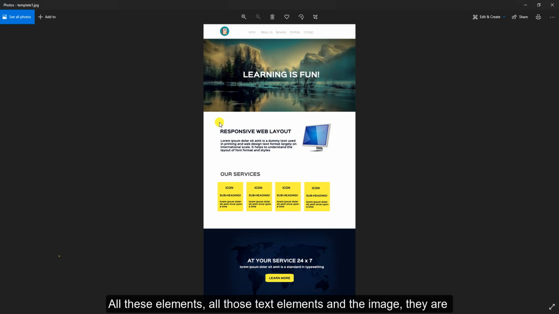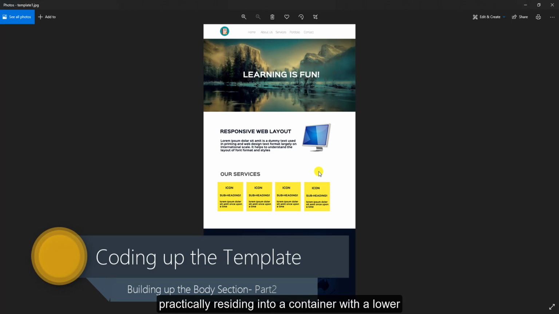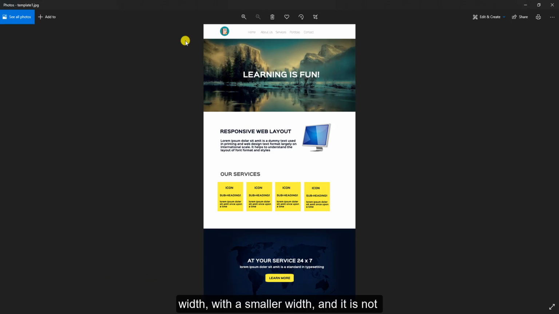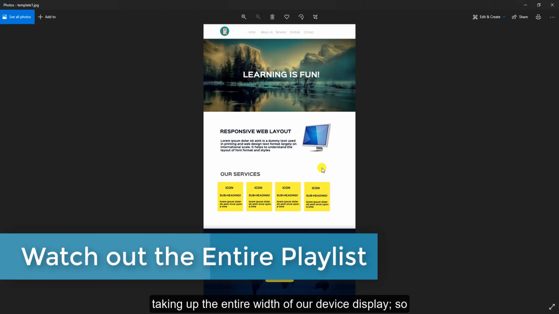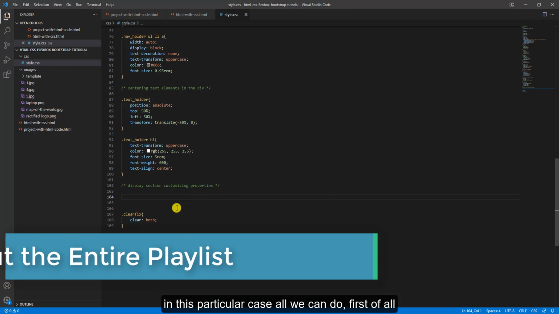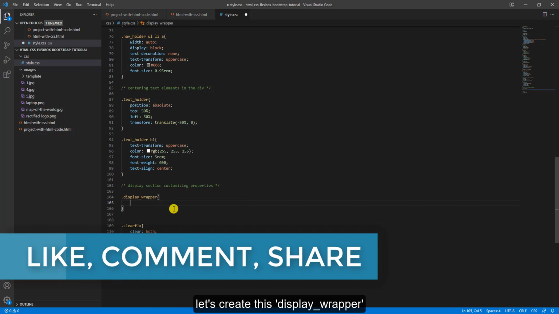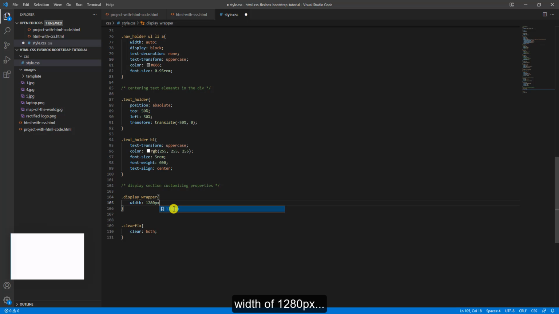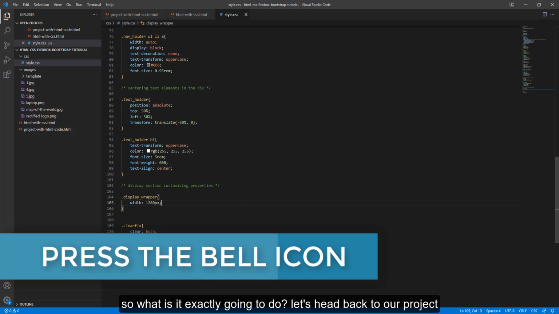All these text elements and the image are residing in a container with a smaller width, so it is not taking up the entire width of our device display. In this case, first of all, let's create this display wrapper, and here we may make use of a width of